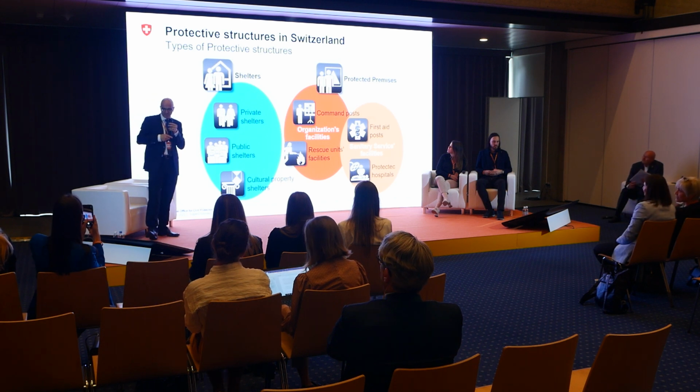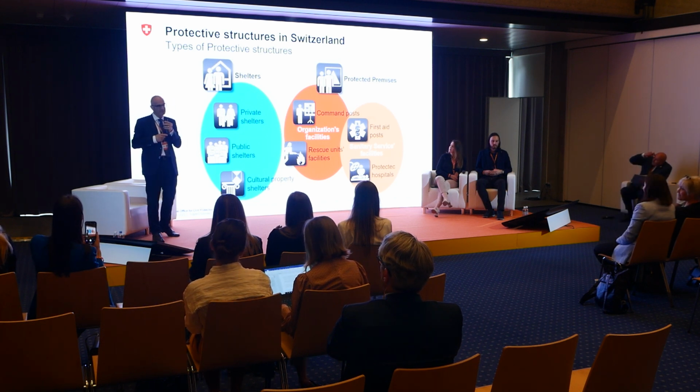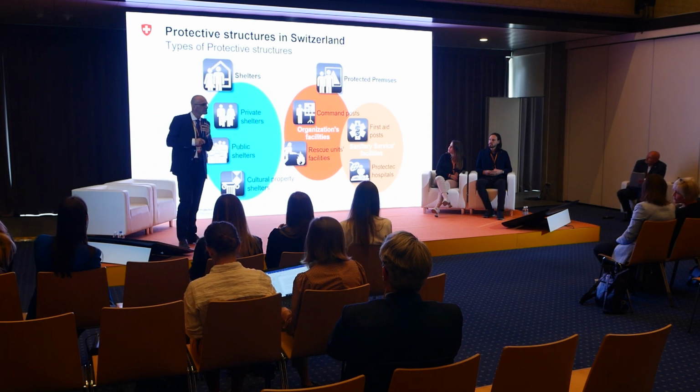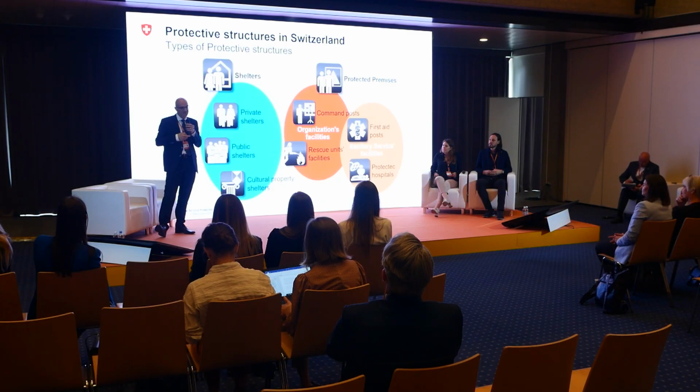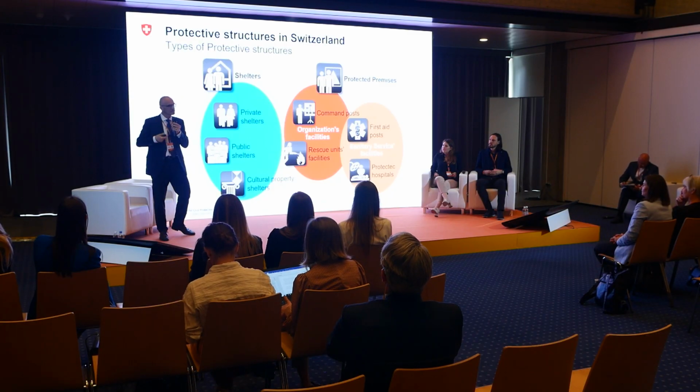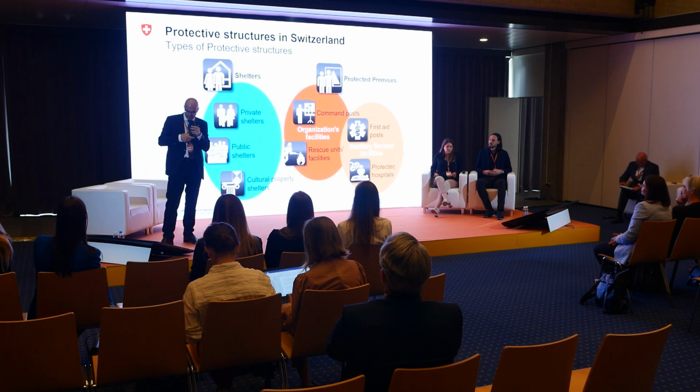So the blue part, private shelters, that's the ones you have in your own house. We're going away from them now. Up to 2010, we built in every house some shelters for 5 to 7 people. This is not very cost efficient, so we're going now to public shelters where you have bigger shelters which are easier to keep up and which are easier to man in a case of an event that you need it.